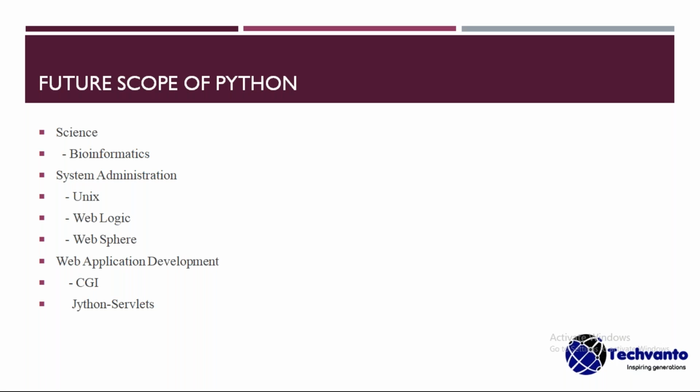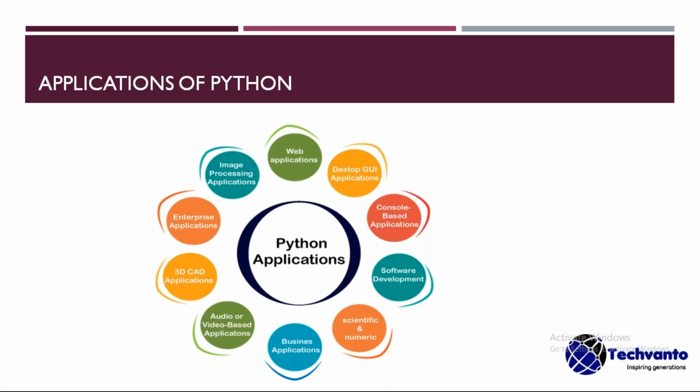Apart from this slide, there is a bright future scope of Python that is artificial intelligence. Nowadays, Python has become more famous and very easy to write the code. That's why this Python programming can be used in artificial intelligence. If you learn this Python, you can use it in artificial intelligence also. And moving to the next slide, that is applications of Python. As I mentioned here, Python applications. Just you can observe this diagram. There are a lot of applications available in Python.